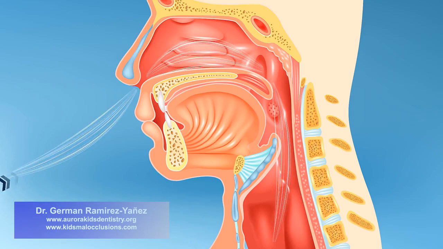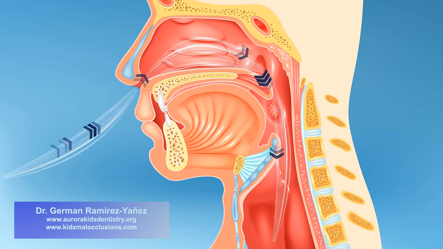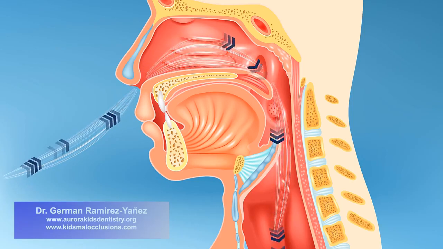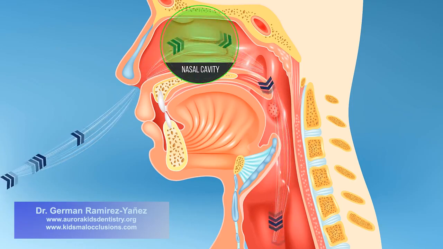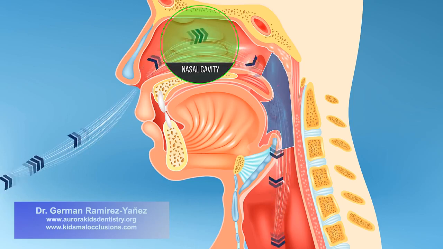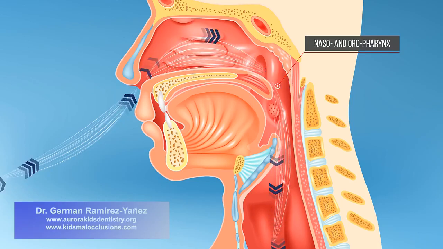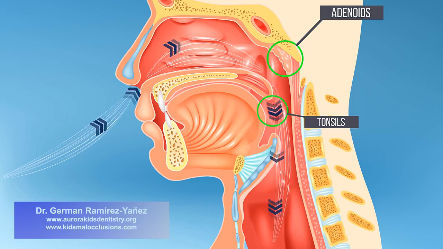The normal or physiological way of breathing is through your nose. Breathing through the nose permits the air to be purified by the structures inside the nasal cavity. In that way, the air entering into your nasopharynx and oropharynx, your throat, is not going to heavily affect the lymphoid tissue in the adenoids and tonsils, which is the last barrier to catch harmful particles in the air before